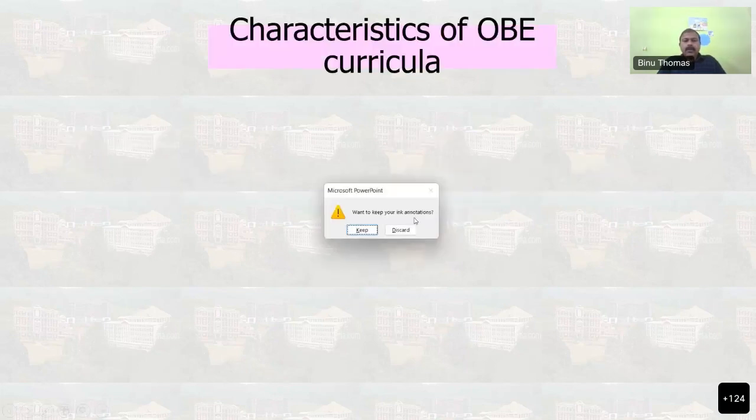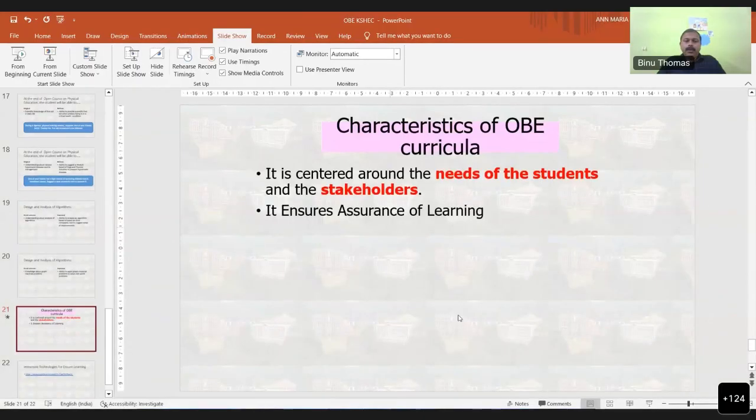Then in outcome-based education, the thrust of outcome-based education is that we need to center around the needs of students and stakeholders. So rather than, usually previously, we were using terms like covering the syllabus and the grades obtained in the examination,